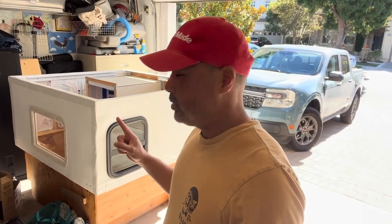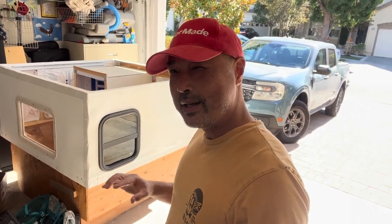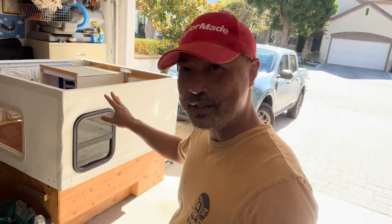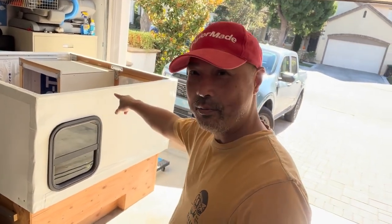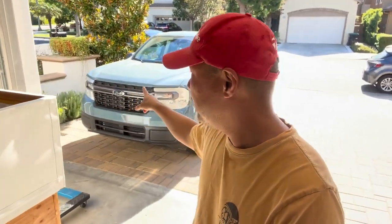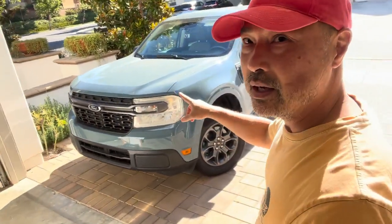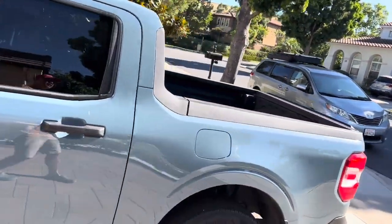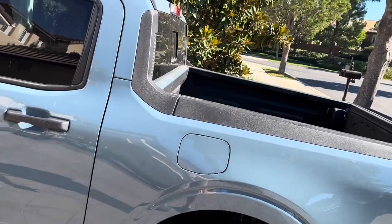Hey guys, I'm about to go on a fishing camping trip, but more fishing than camping. So I wanted to de-emphasize the camping a little bit. I took out my camper on my truck because I'm going to do a little bit of off-roading for some fishing. But with no camper, you will see that my bed is just too short for me to actually sleep